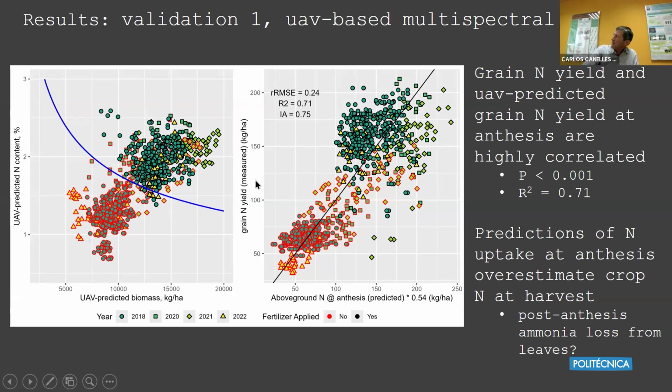And so if we take that grain yield that was measured and multiply it by the protein, so we get grain nitrogen yield, and compare it to our above ground nitrogen at anthesis that we predicted from those remote sensing measurements, we get a very, very strong linear relationship. Not perfect, but a lot of variation here. But overall, root mean squared error,